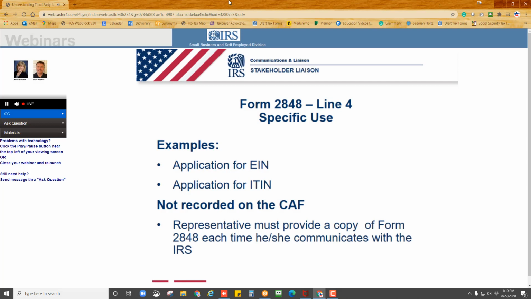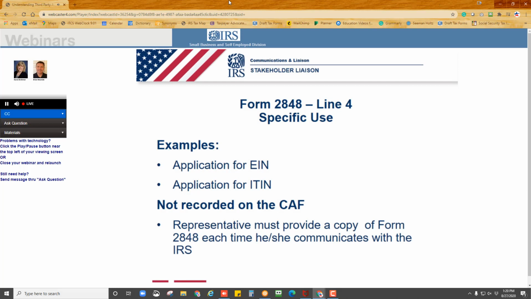There are several more examples of specific use, and they're listed in the instructions for Form 2848. When you do a 2848 for a specific use, the deal is that it's not recorded on the CAF. So if you called PPS, Practitioner Priority Service, and you said, I have a 2848 on the CAF that's going to help my client get an EIN,